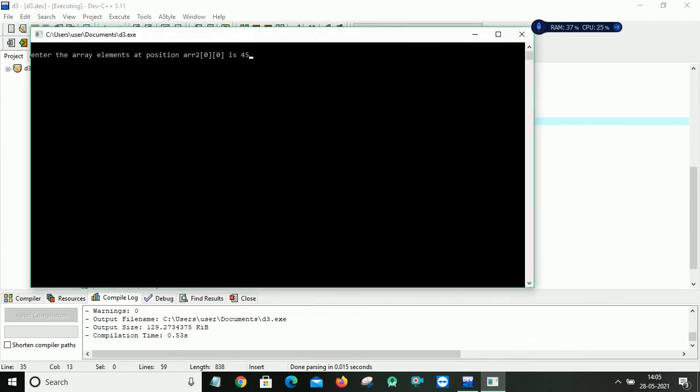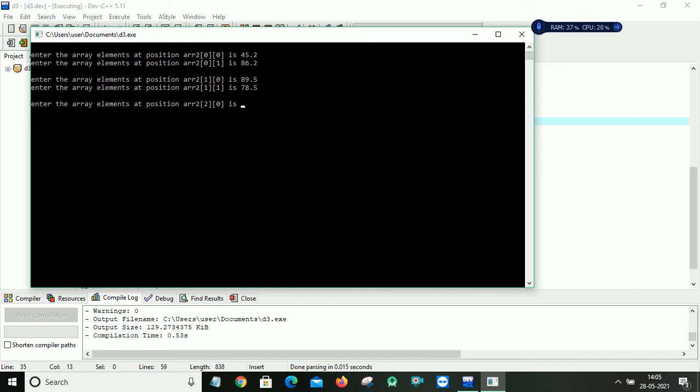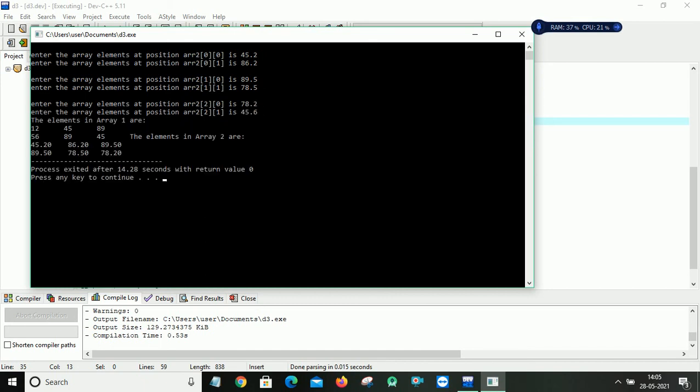Okay, you see. Now you get the exact output. See, 2 rows, 3 columns. 3 by 2, 2 by 3.